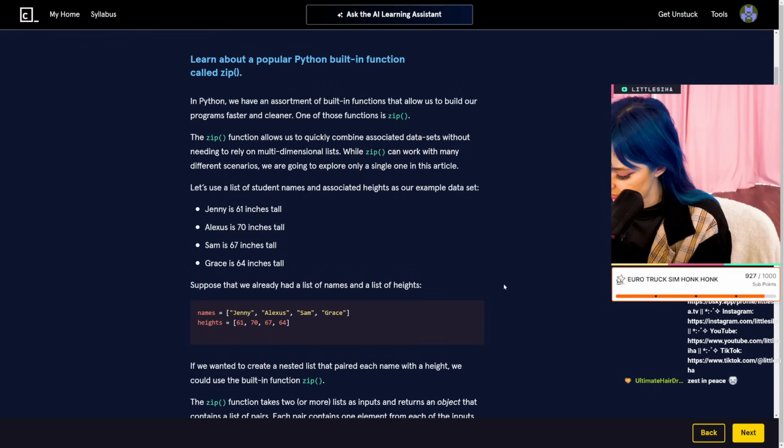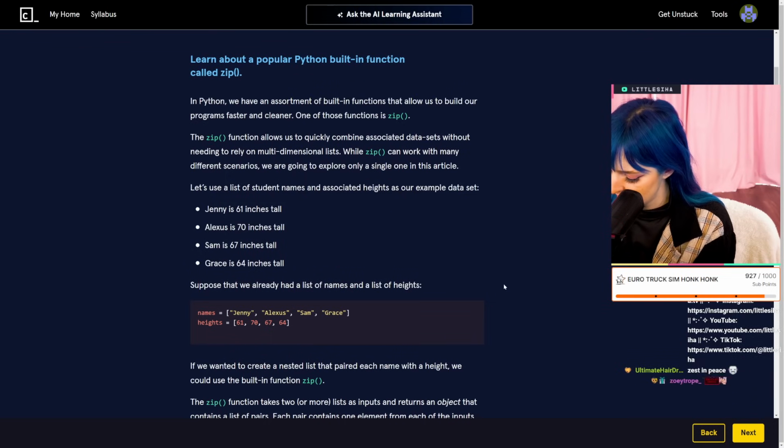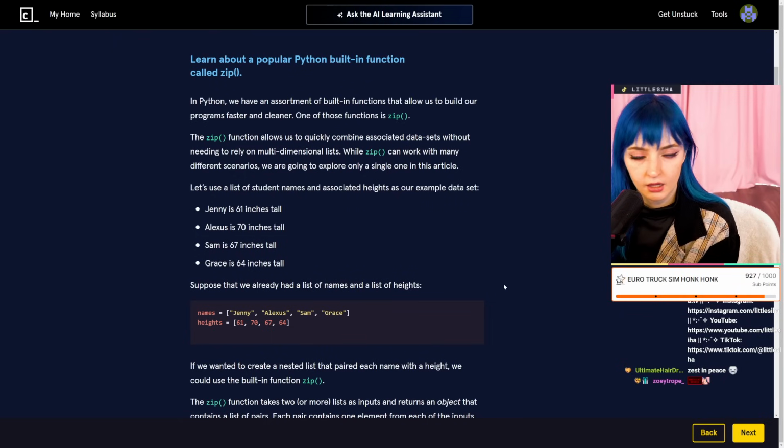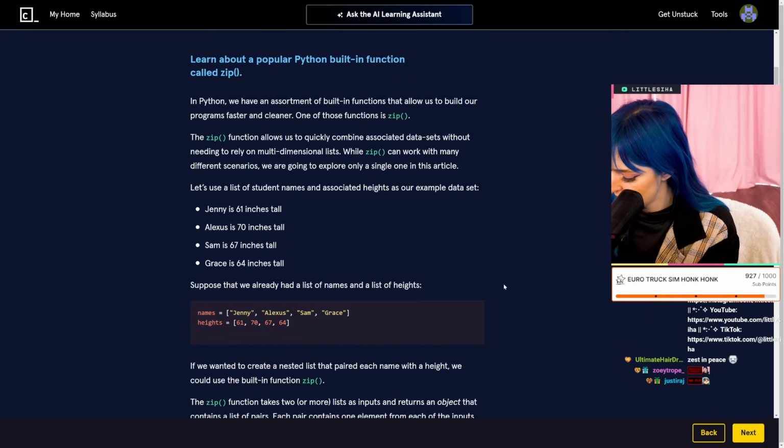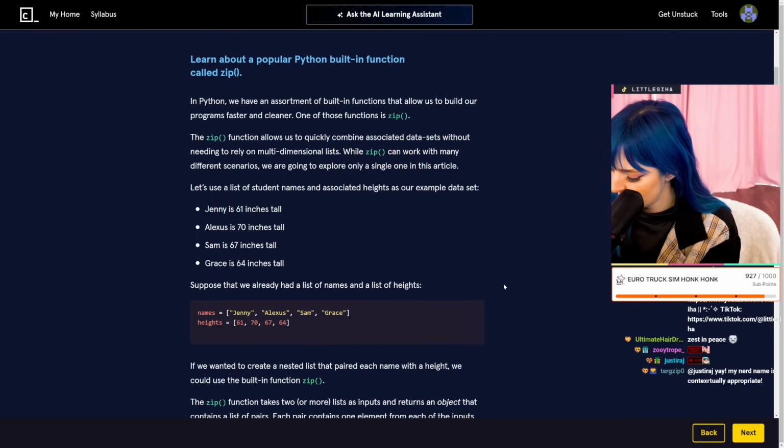Okay, let me just write down the definition. Zip function allows us to quickly combine associated data sets without needing to rely on, so like 2D lists, I think is multidimensional. Quickly combine